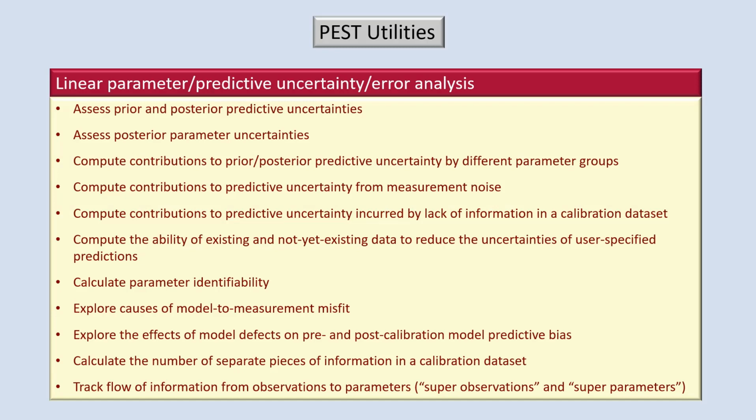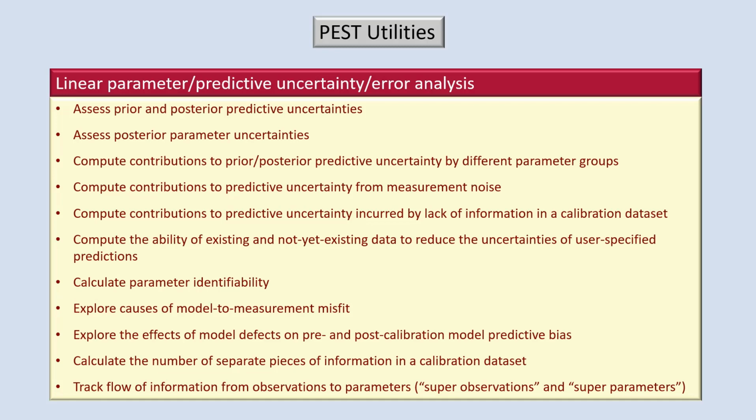A very important function performed by some utilities is that of linear, parameter and predictive uncertainty analysis. Considerable use can be made of parameter sensitivities encapsulated in a JCO file. These utilities can calculate the prior and posterior uncertainties of important model predictions under an assumption of model linearity. They can calculate the reduction of uncertainty of a model prediction accrued by the use of different types of data